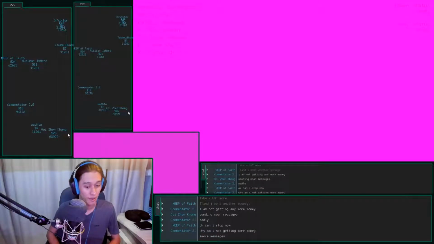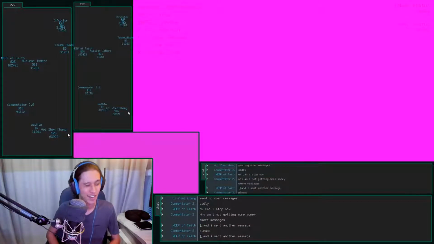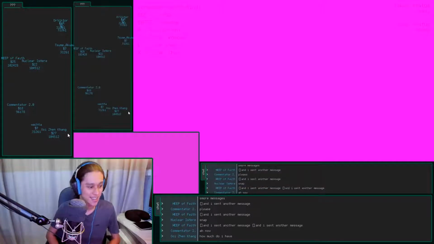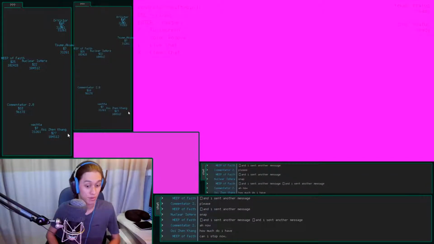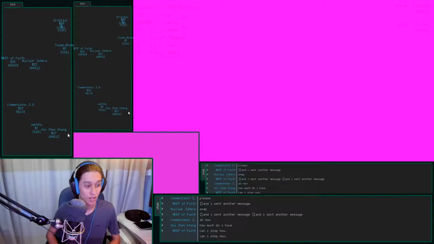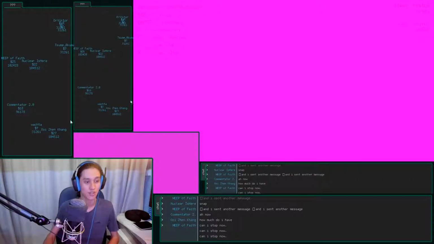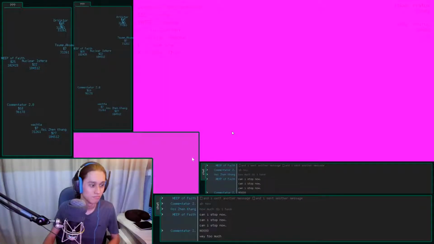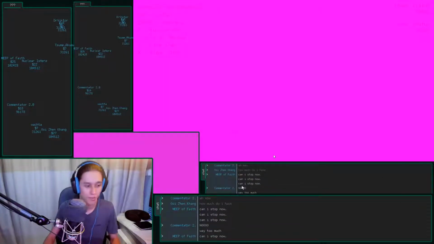Character-based money, I don't think so. With 15 seconds, I think people are still going to be spamming quite a bit. A 1-minute cooldown or a 2-minute cooldown might be optimal. A 2-minute cooldown might be optimal. Yeah, I think a 2-minute cooldown is optimal. Yeah, a 2-minute cooldown might be better.